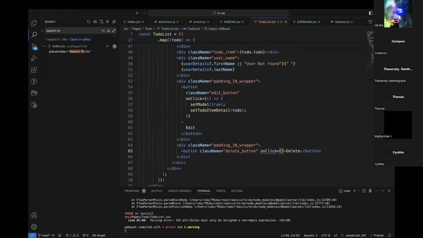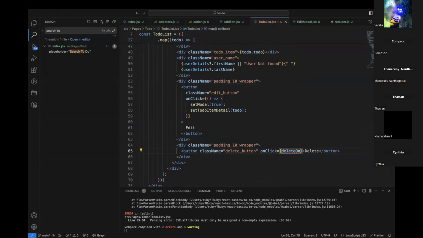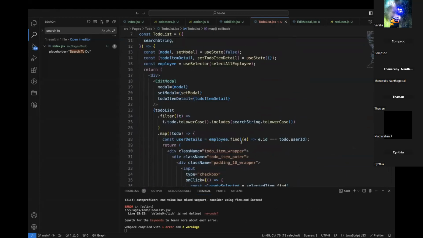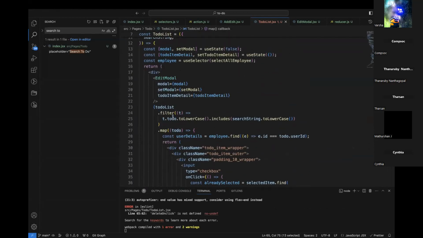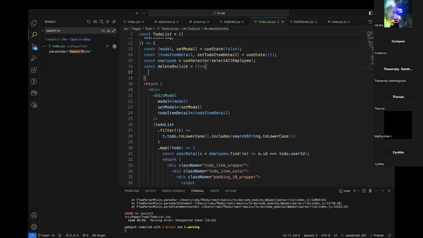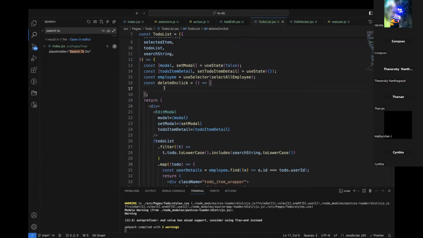Let me name the function delete on click, and let me define the function here. Equals, this is an arrow function. And inside this, I'm going to give my action. So before that,